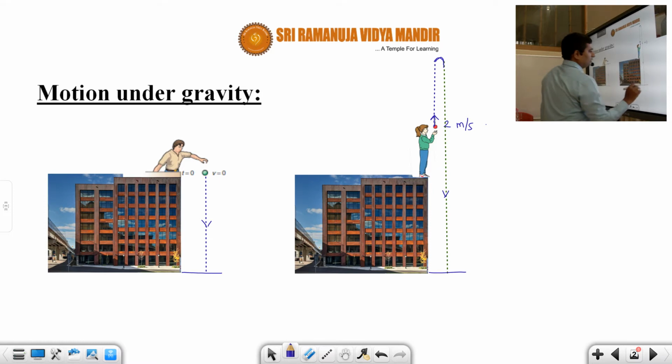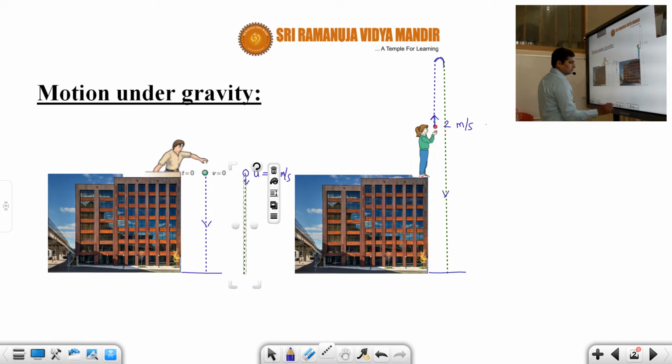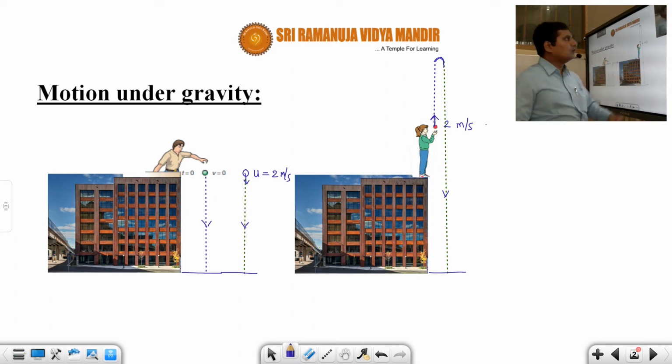That is what we are going to see in today's session, which is called motion under gravity. That means anything you project, either vertically upwards or downwards, will behave the same way. Suppose the same ball is projected downwards with some velocity u equal to 2 meters per second. Will it go upwards? No, it will go downwards only. The only difference is that it will go faster compared to the first ball when you drop it. So anything you project in the vertical direction, either downwards or upwards, the ball will always move downwards.